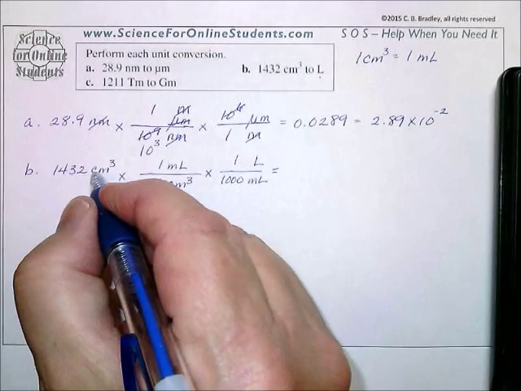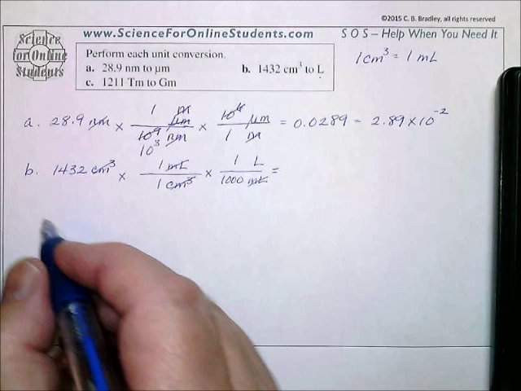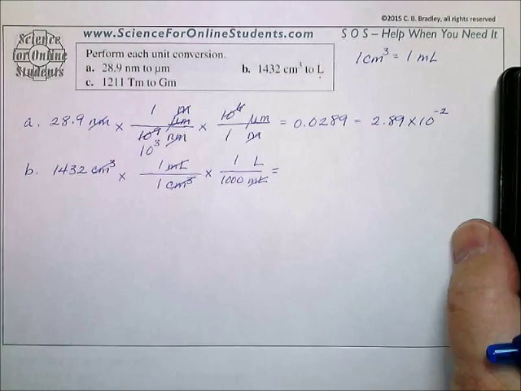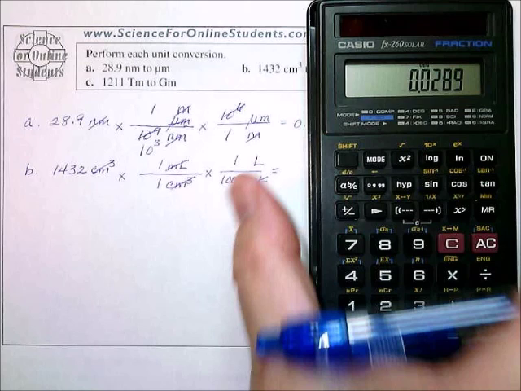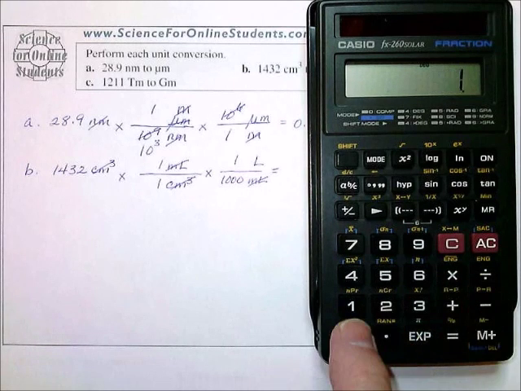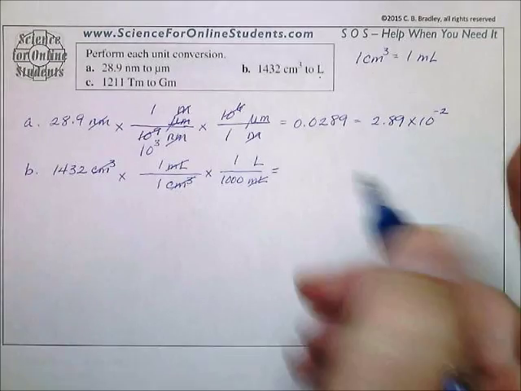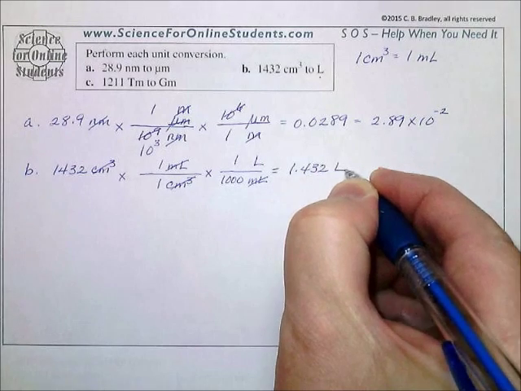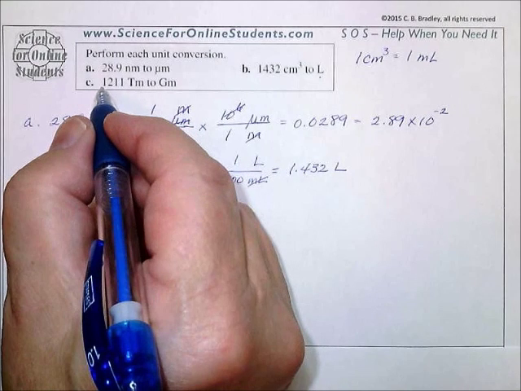Cubic centimeters will cancel. Milliliters will cancel. Final units in liters. And we multiply the ones, and divide by 1,000. So we'll move the decimal place 1, 2, 3: 1432 divided by 1,000 is 1.432 liters. C. 1211